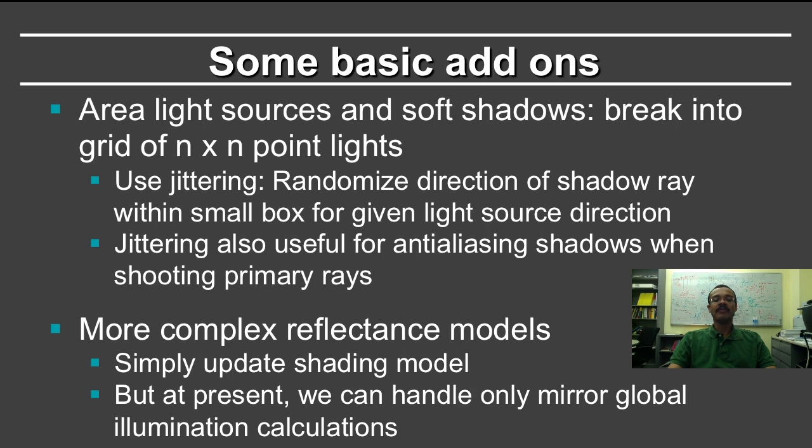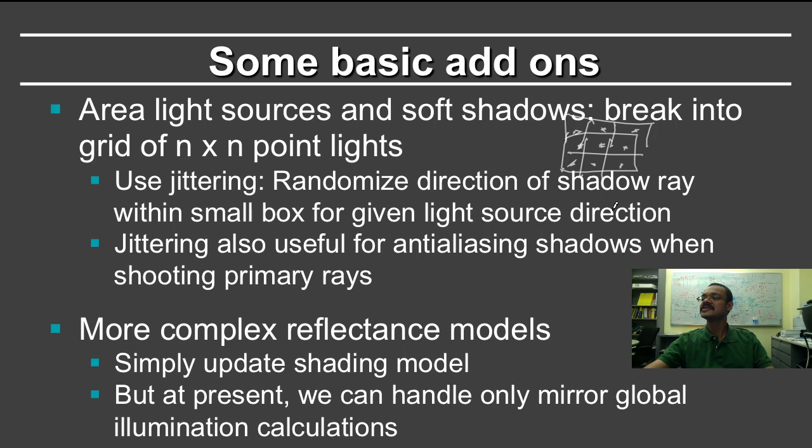So first, we've considered only point and directional lights, and in fact in OpenGL that's really all there is. But in a ray tracer, it's easy to consider an area light source. So consider a light source like this. What we do is we break it into a grid. So here I've shown one gridding of the area light. And in each of these grid cells, you can essentially treat it as a point light source. So by shooting, let's say 9 rays to various locations in this area light, you can replace the area light